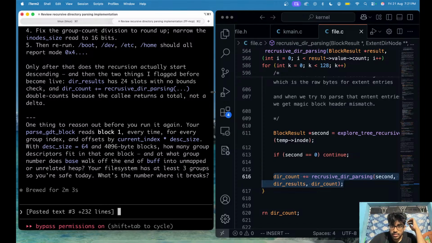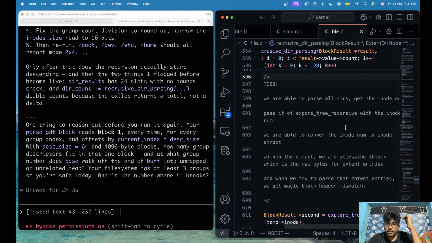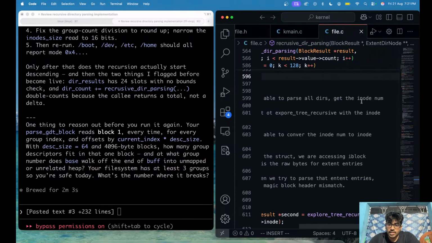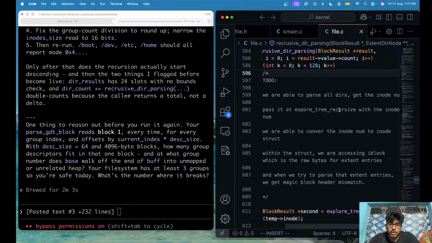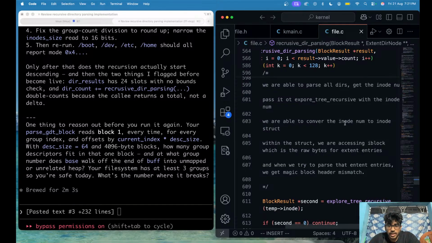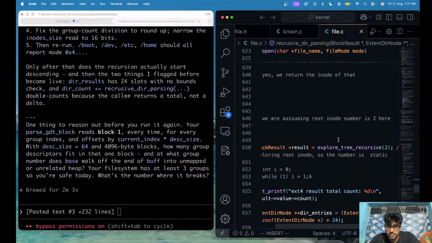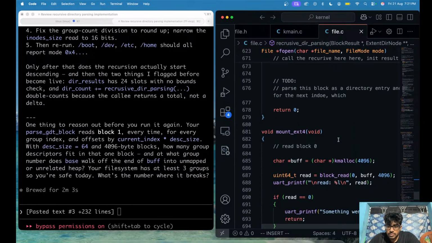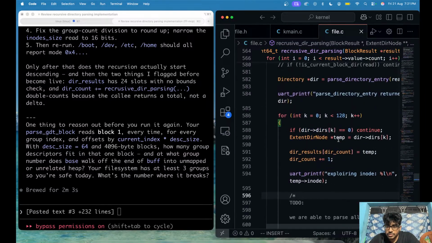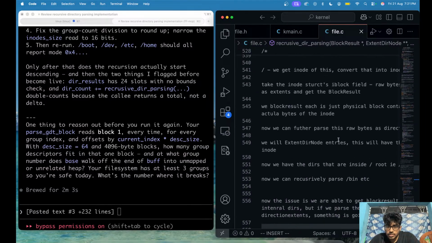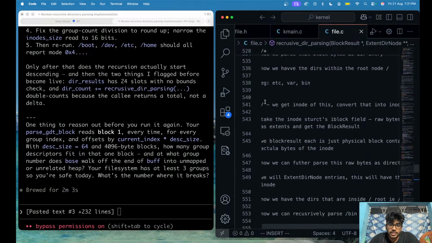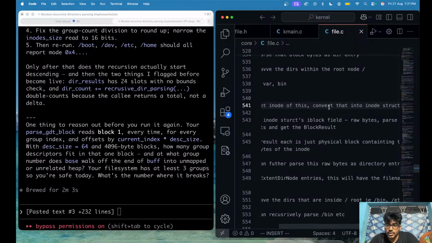Let me see. Yeah. We were able to parse all directories, get the inode number, pass it to explore root tree recursive with the inode number. And we were able to convert that inode number further into an inode struct. Now we have the inode struct, and when we are accessing the, no, this is the old commands, not this. I wrote something yesterday, I'm pretty sure. Yeah, it's here. So we are here in root, we get this inode, we convert that into an inode struct,